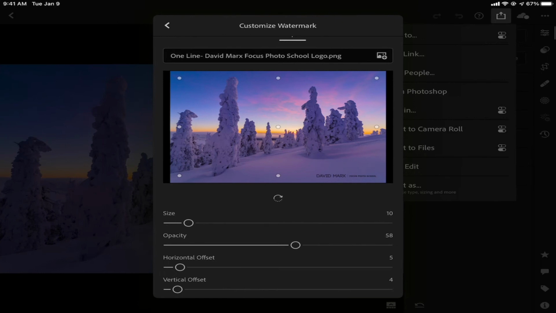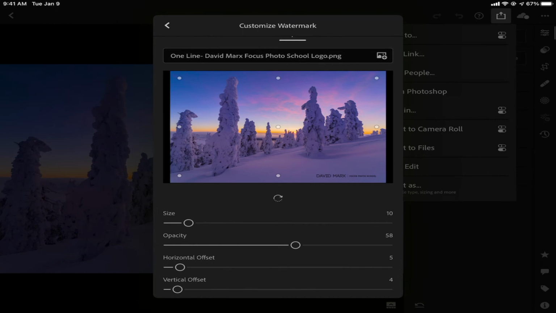What's so cool here is that whenever you apply a watermark using the cloud-based type of Lightroom, then all of your watermark settings, including a copy of the graphic watermark file that you last used, are automatically synchronized across all of your Lightroom for mobile devices. I know that that might not sound like a big deal, but it makes using the same logo with the exact same settings consistent, whether I'm working on my computer, my phone, or my tablet.